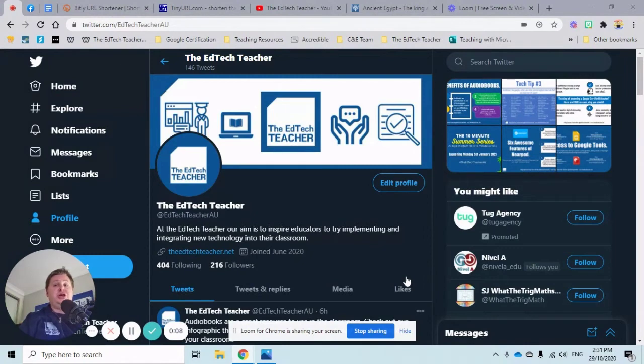One of my most favorite tech tips ever, and something that I have talked about multiple times throughout 2020, is URL shortening services. I love this particular tech tip because it saves my sanity as a teacher, but also makes it much easier for my students and colleagues to access really complicated and long URL addresses when I need them to go and